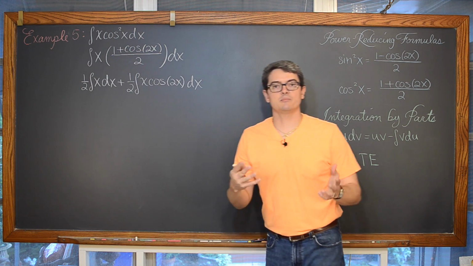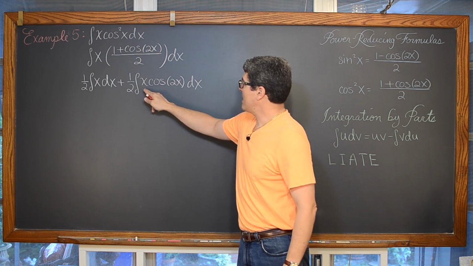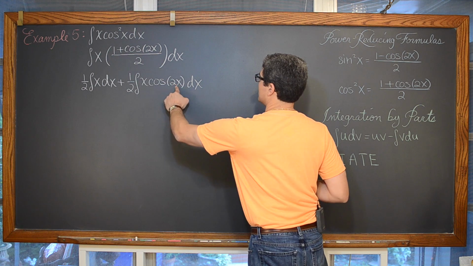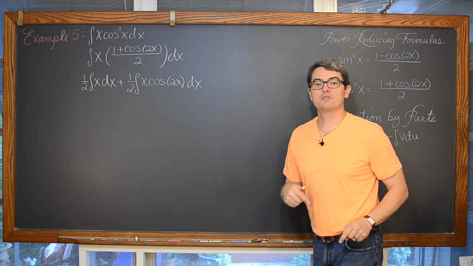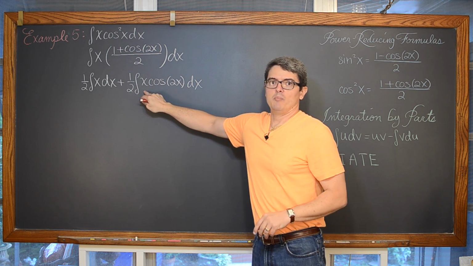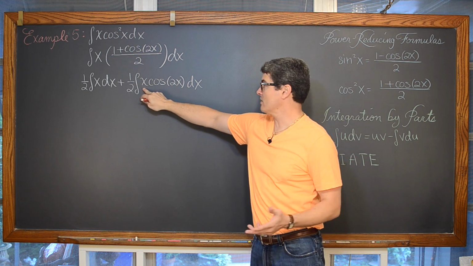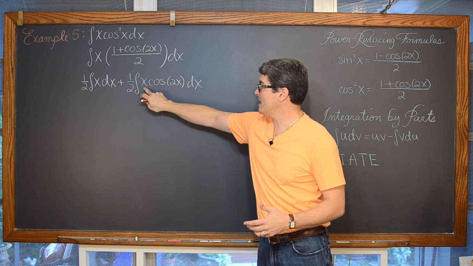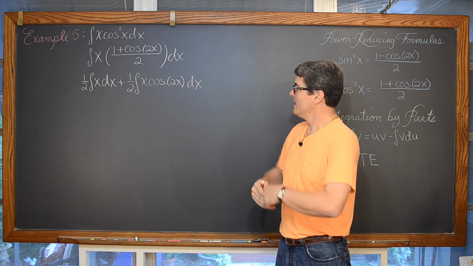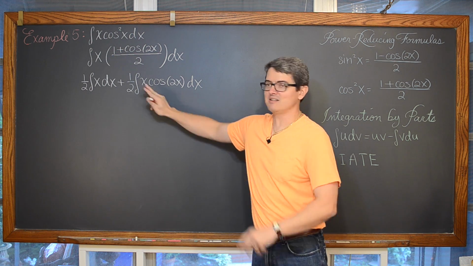Awesome. Well, this first part's going to be easy enough to deal with. The integral of x is simply 1/2 x squared plus c. And over here, though, we have x times the cosine of 2x. So you might glance at that initially and think, okay, my cosine function has an inside function of 2x. The derivative of 2x is equal to 2. But I don't have a factor of 2, or another constant. I have another factor of x. So we're not going to easily be able to use this inside function of 2x, with the derivative of that being 2, and us having another factor of x to deal with.